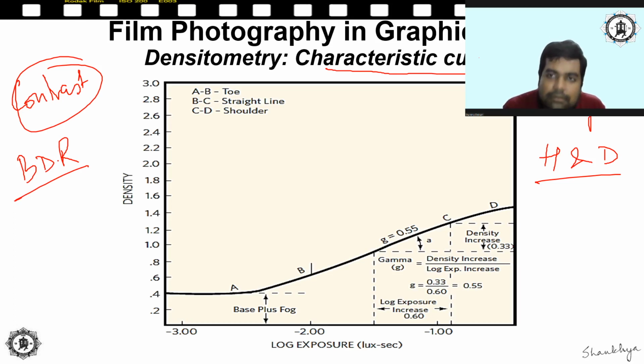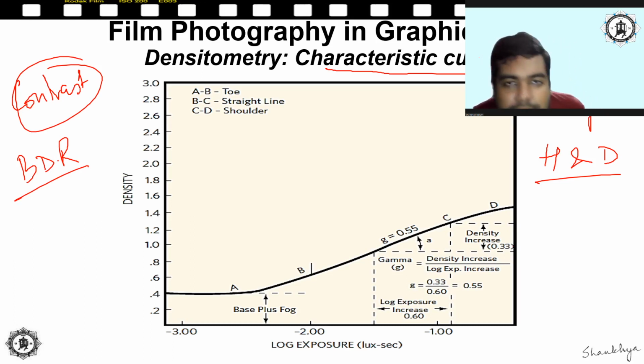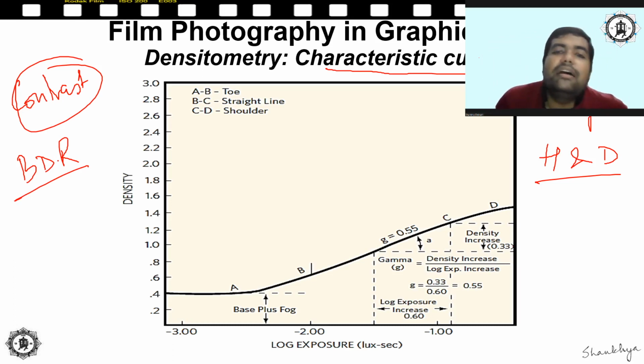Now, in the first experience you saw 30 seconds is too much. In the second film, a different type of film, you tried to give an exposure of 20 seconds. After exposure and development, you found that nothing has been exposed properly, everything has got underexposed, right? The image has not formed properly. Then how to mathematically determine what exposure time or what nature of contrast there is for the film.